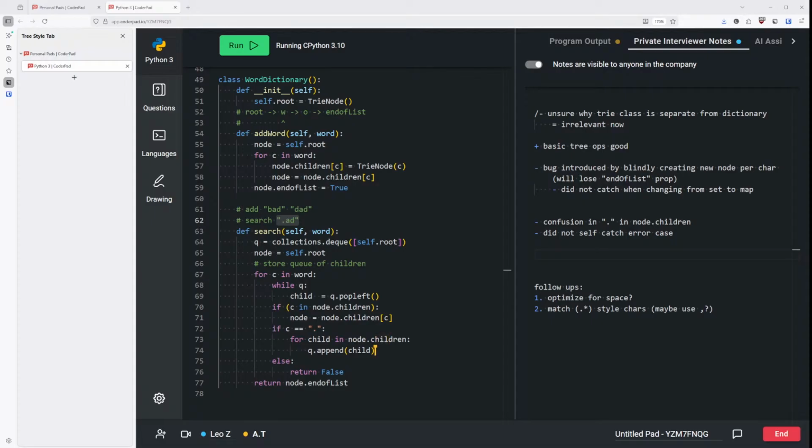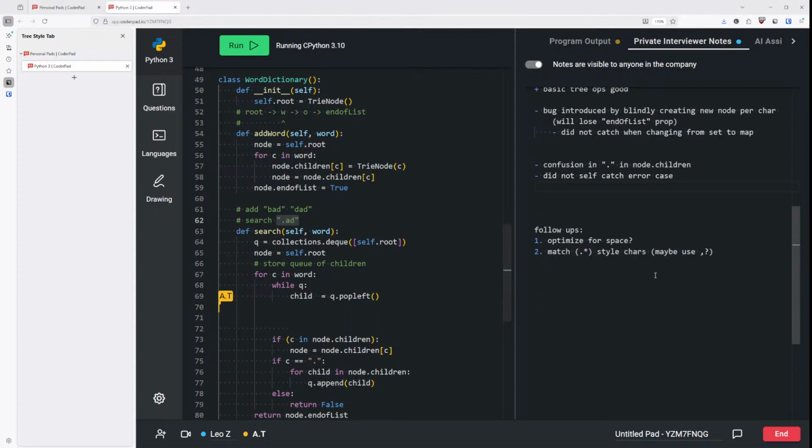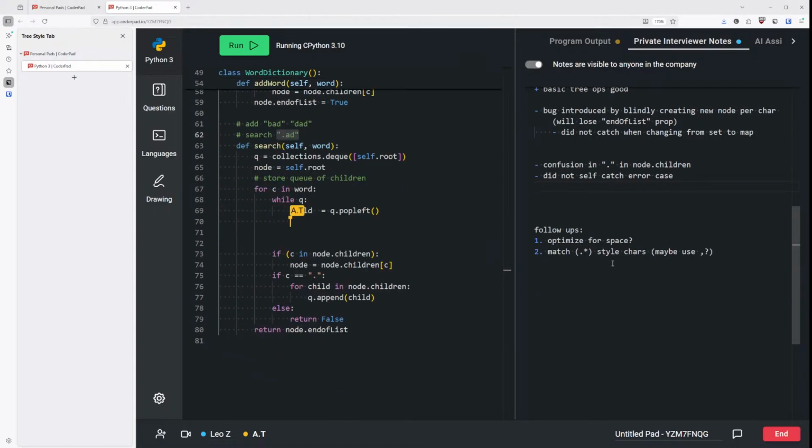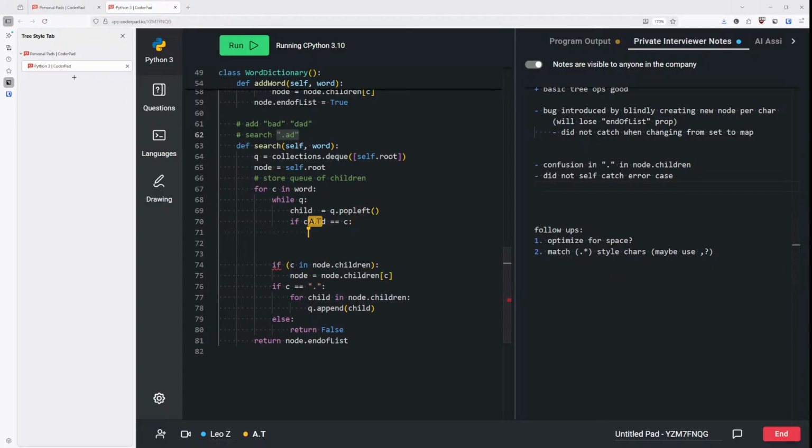We're going to say that if child is equal to the character, then we need to move on. So to move on, we would